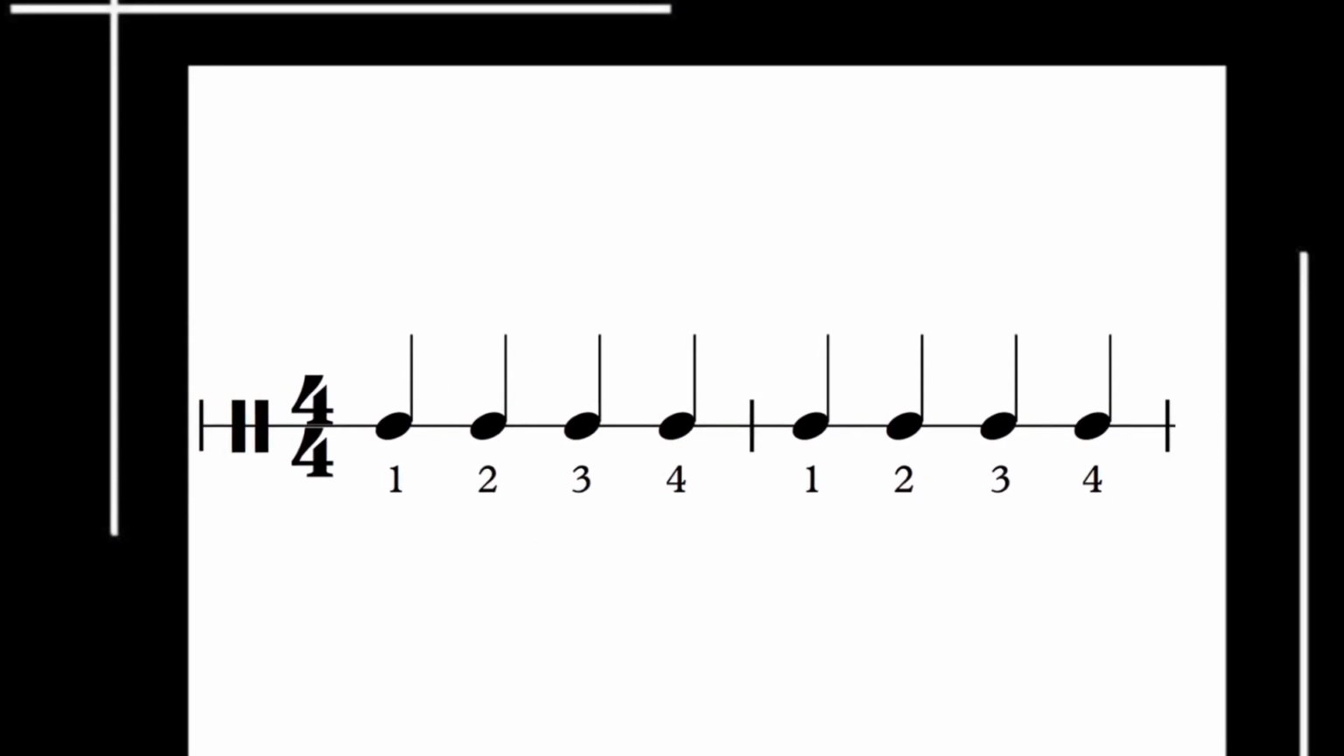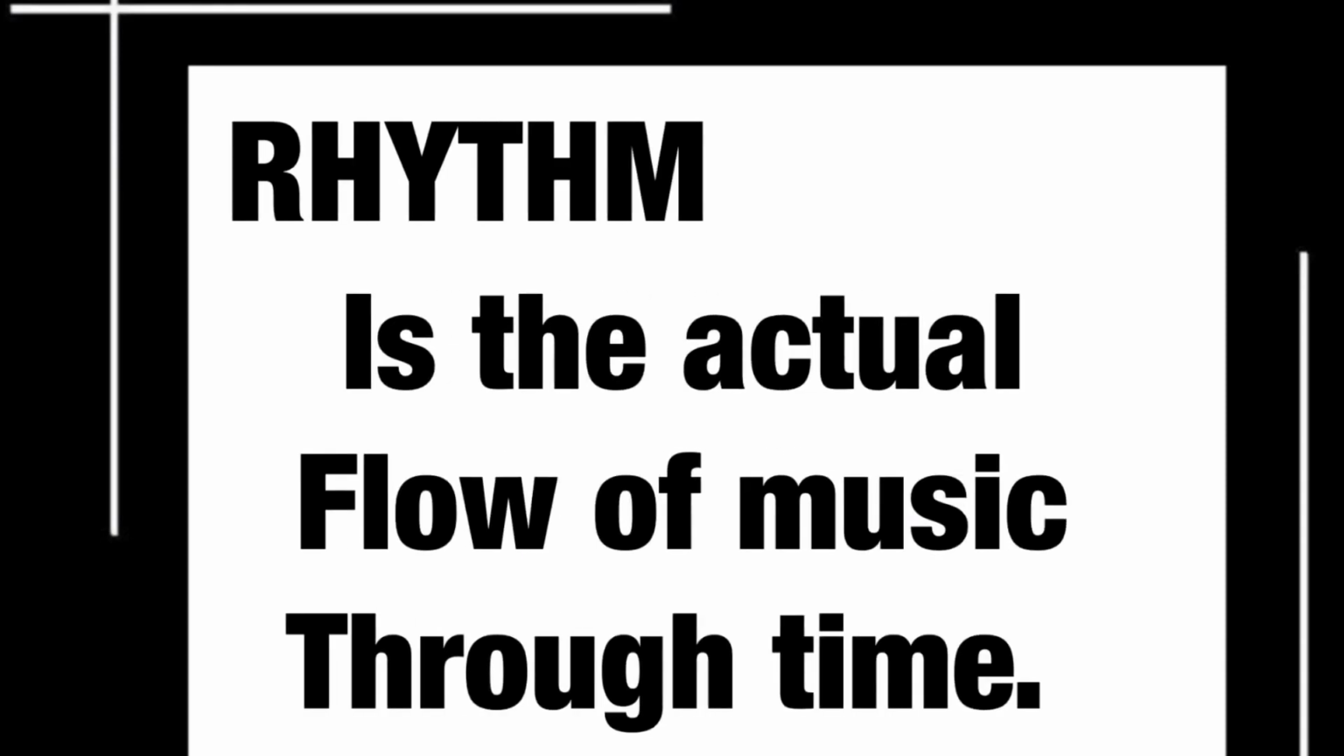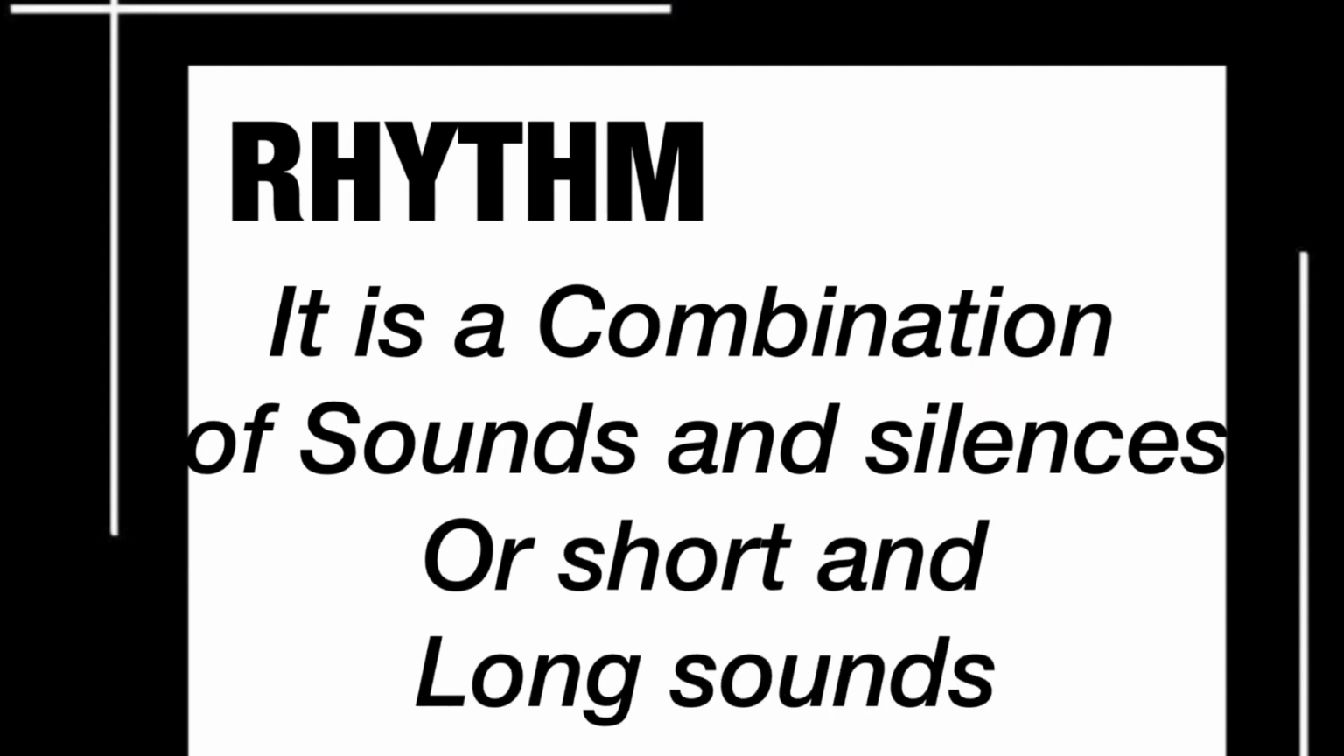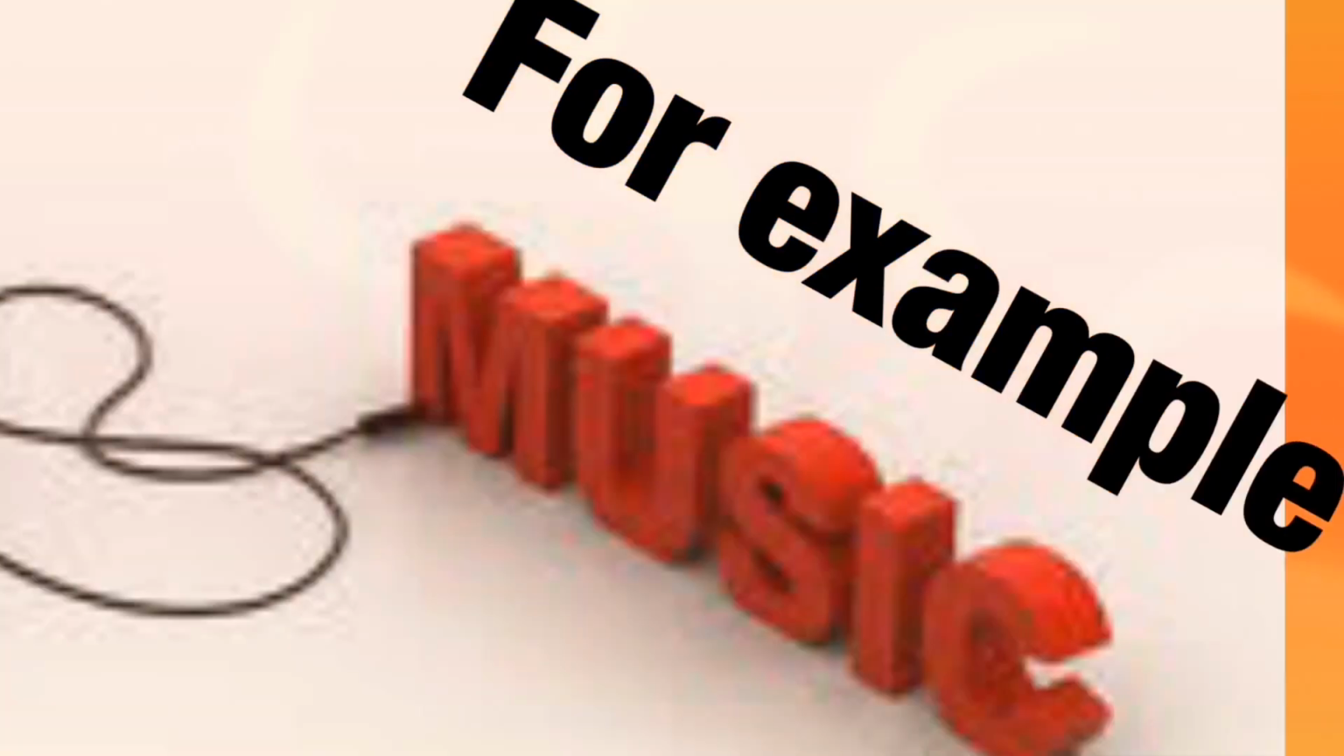So here is an example of beat. 1, 2, 3, 4. 1, 2, 3, 4. Steady that pattern is. Rhythm is the actual flow of music through time. It is a combination of sounds and silences or short and long sounds. For example,